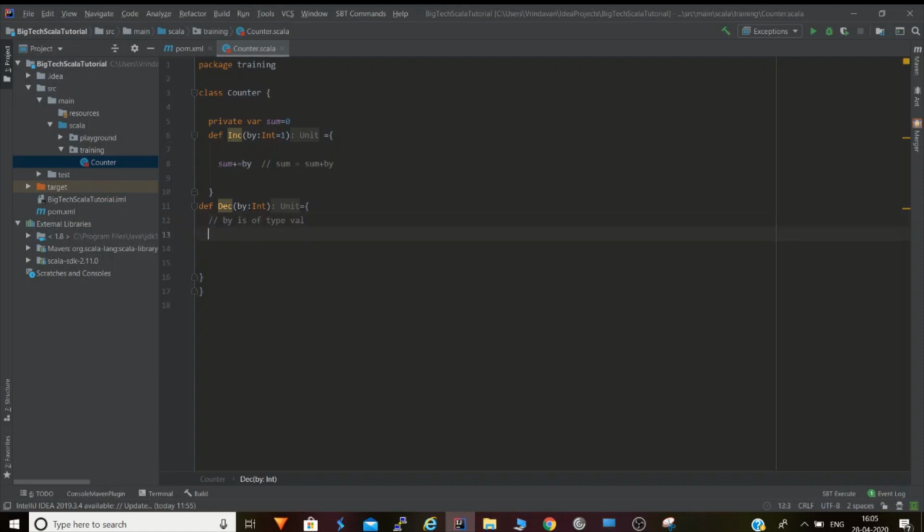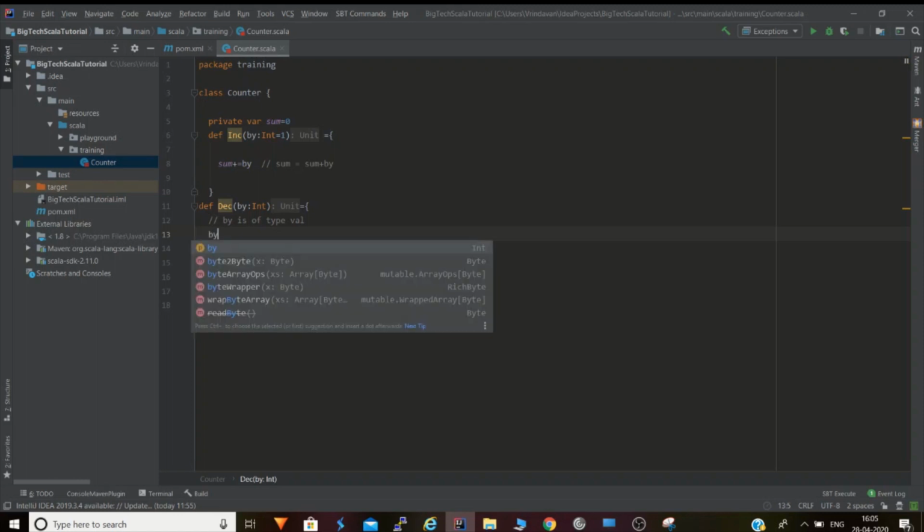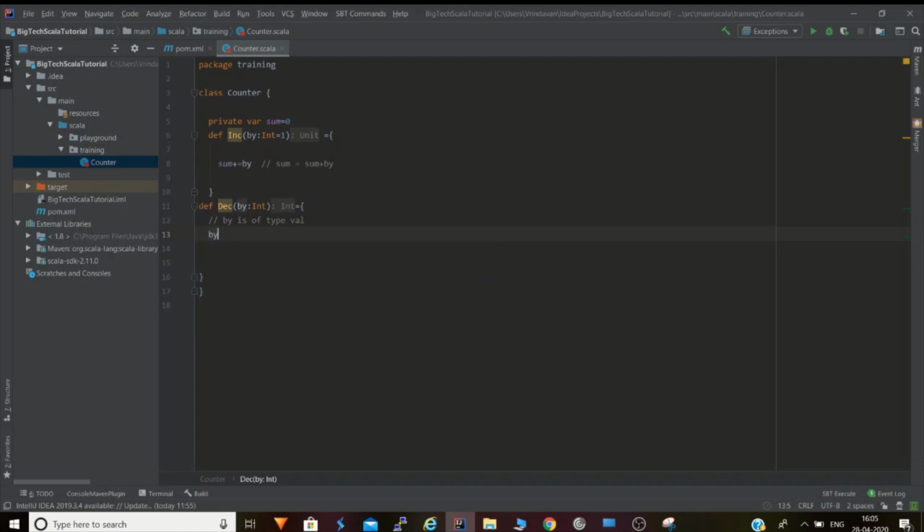This is the by method. Suppose you want to change the value of it. You cannot do so. Yes, it will give an error.